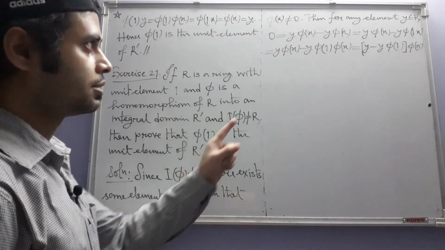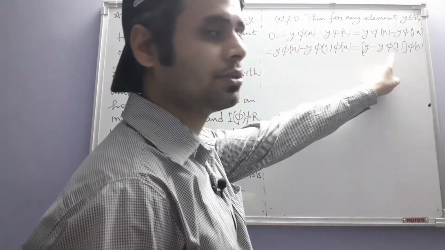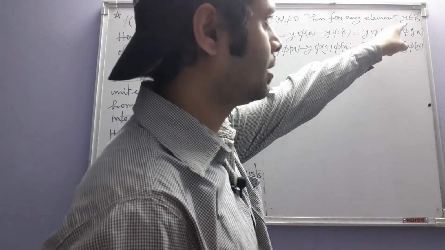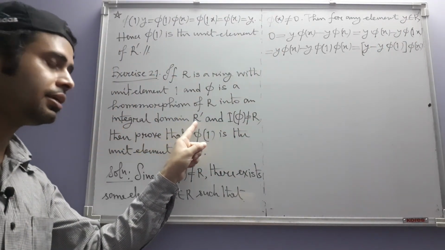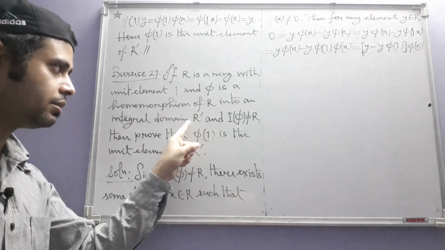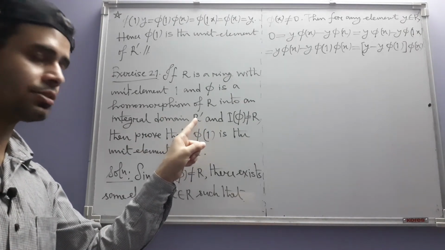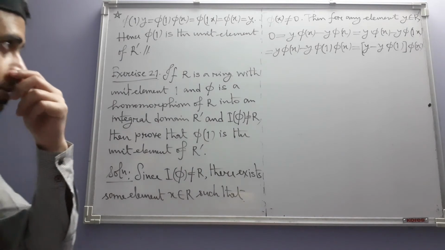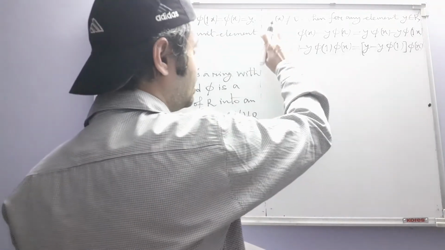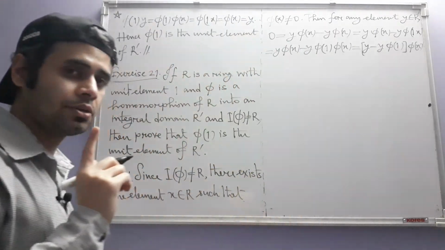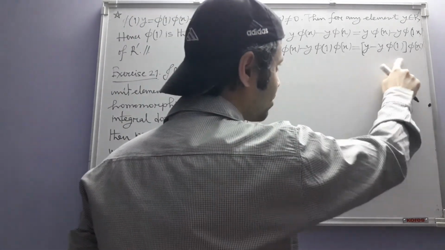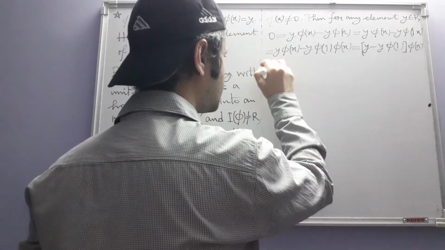Now note this calculation is being done in the ring R prime, and it is given that R prime is an integral domain. Being an integral domain, R prime has no zero divisor, and phi x is non-zero. So this product can be 0 in only one case, when this factor is 0,